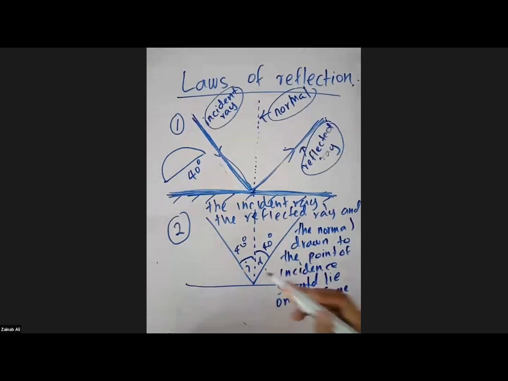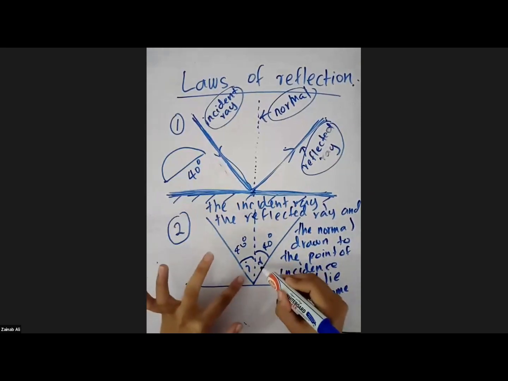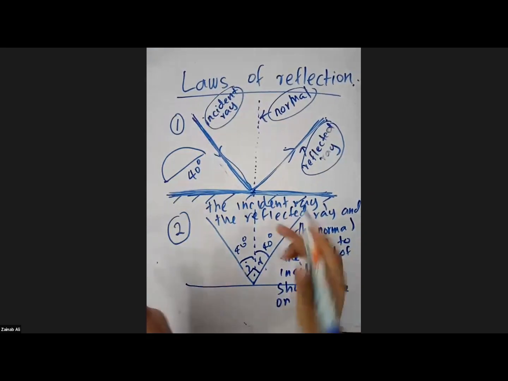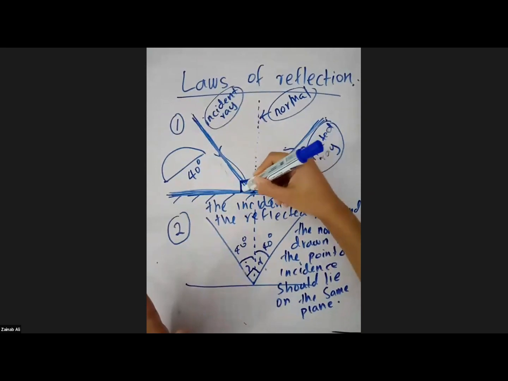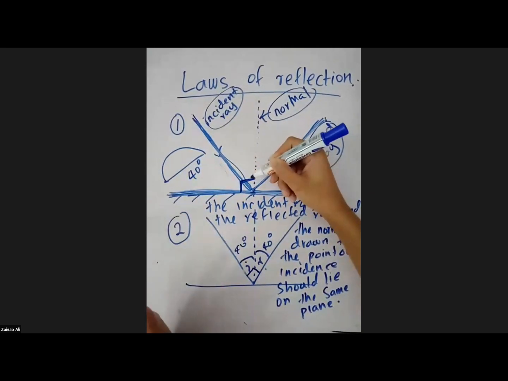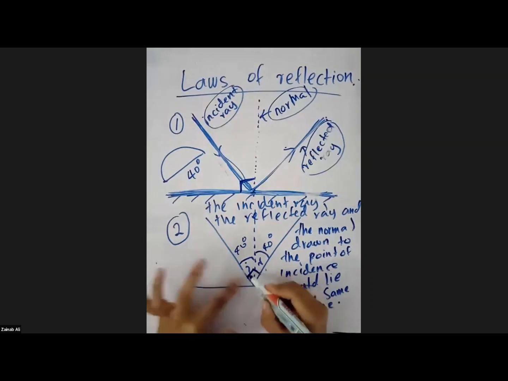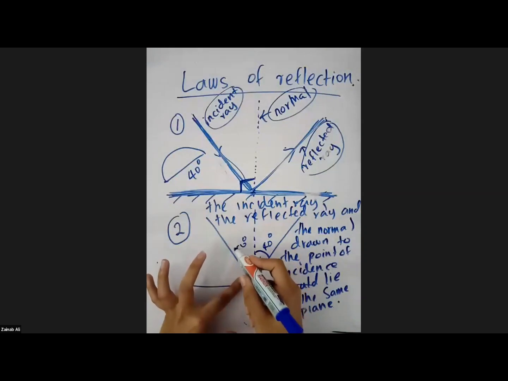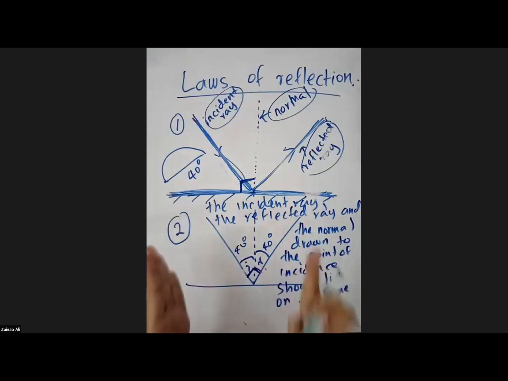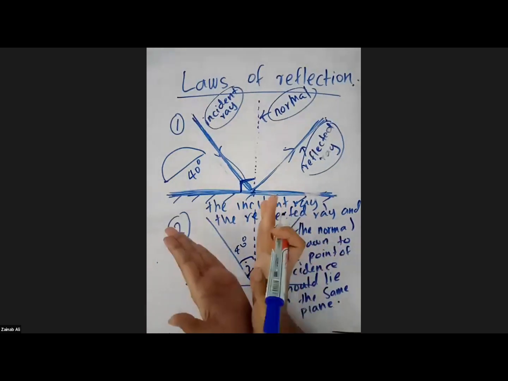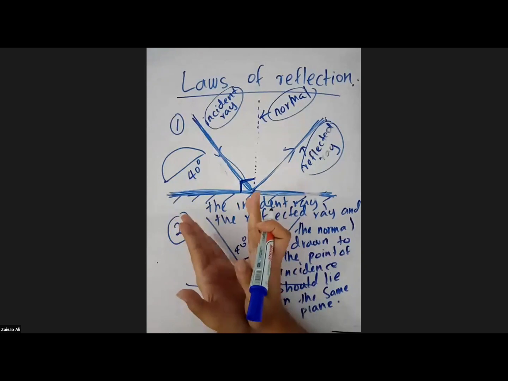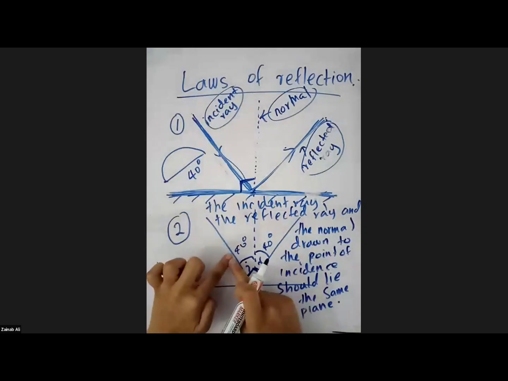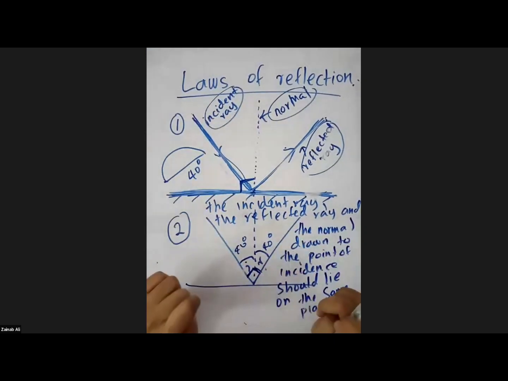Who told you that this is 90? No one told you that the total angle is 90. 90 is from here to here, the perpendicular line, that is only 90. This is not 90. So the student is asking, Miss, this is 90, no? So if half of 90, this should be 45. No, who told you that this is 90? We don't know. We are using a protractor to measure the angle of incidence, so the same angle should be the angle of reflection. If this is 40, the angle of reflection also should be 40.